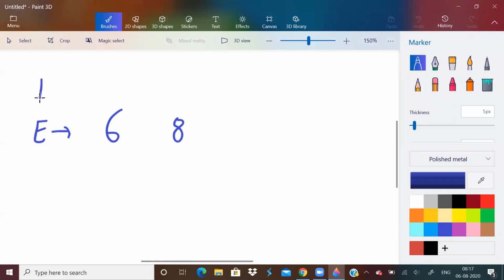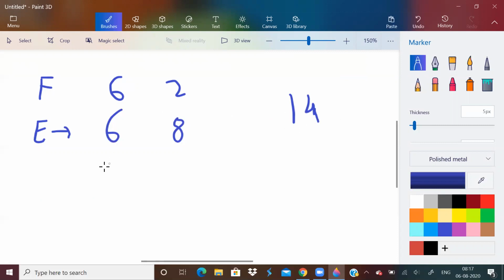And the frequency of 6 and 8 is 6 and 2. Okay, now what we'll do, we'll find the sum of these two, that is 14. Now how many pairs of elements give the sum 14?